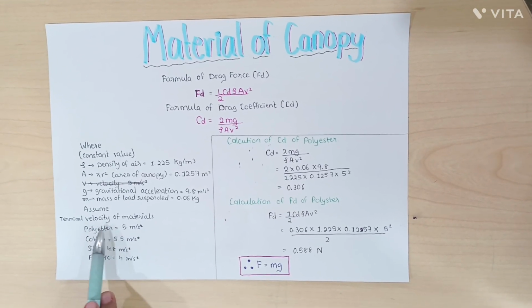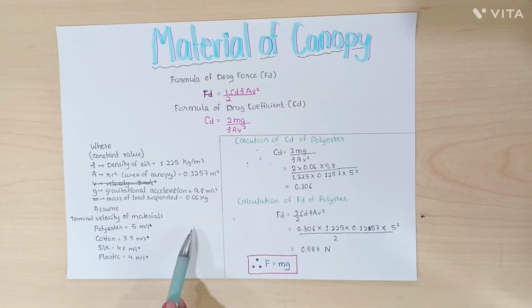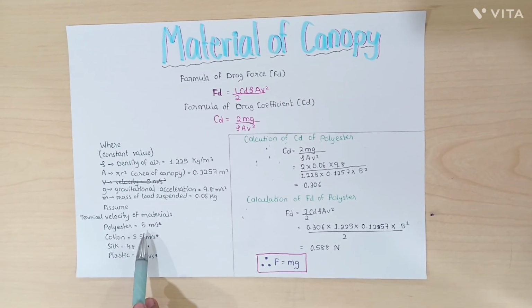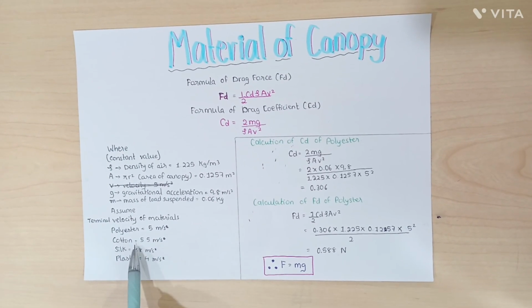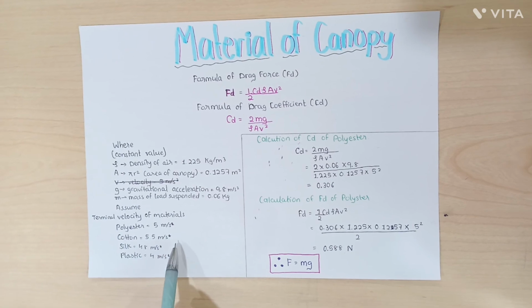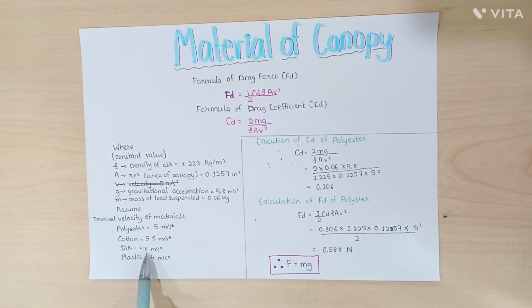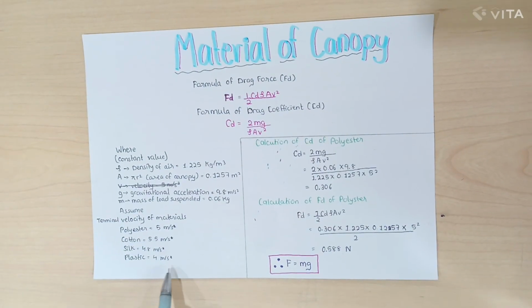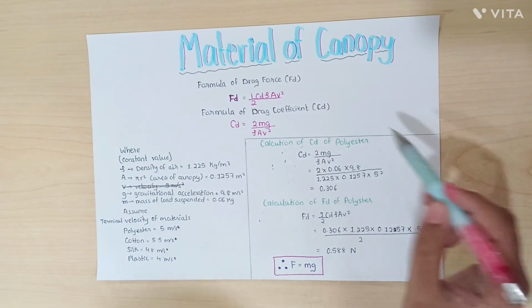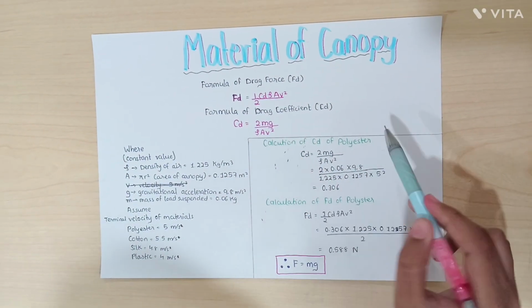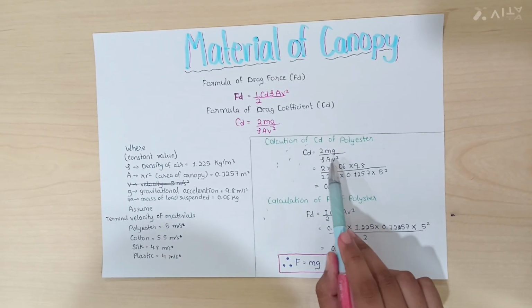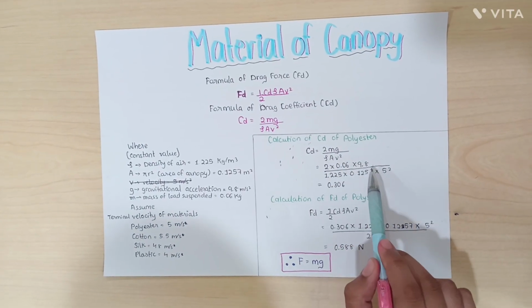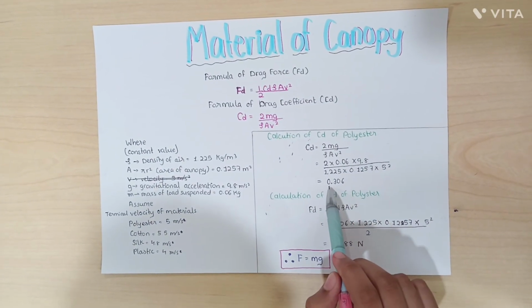Now we'll assume the terminal velocities of different materials. Polyester is equal to 5 meter per second, cotton is equal to 5.5 meter per second, silk is equal to 4.8 meter per second, plastic is equal to 4 meter per second. Now, using the formula of CD, first we'll calculate the CD. After substituting the values, we'll get CD as the answer